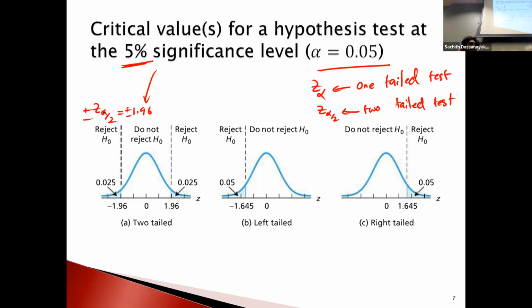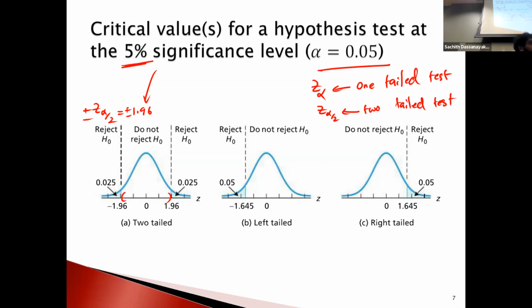So I'll write it like this. Okay, it has two values. Clear? So your decision is based on your test statistic value. If your test statistic value falls somewhere from here to here, do not reject. Whatever is outside this middle area, in these tails, then you have to reject.